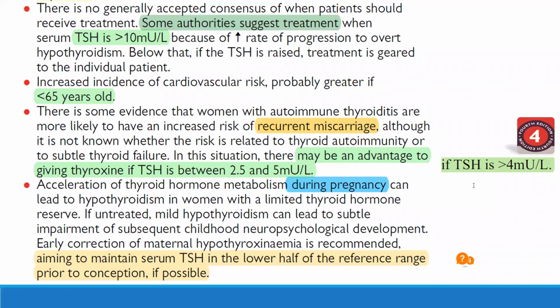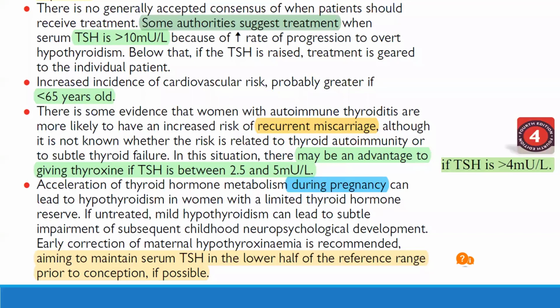Dr. Hanadi mentions that the new guideline says not to treat even during pregnancy with positive anti-TPO. I will cover this point after a few slides actually, Dr. Hanadi, because this is very important